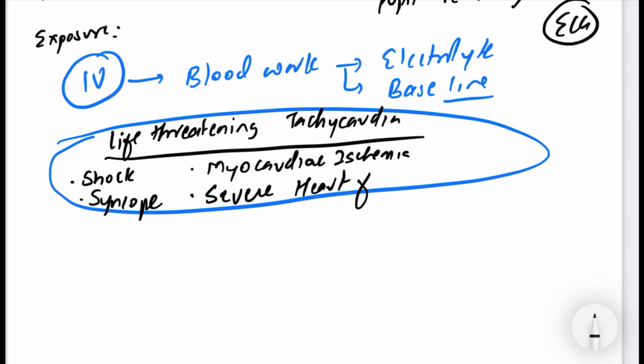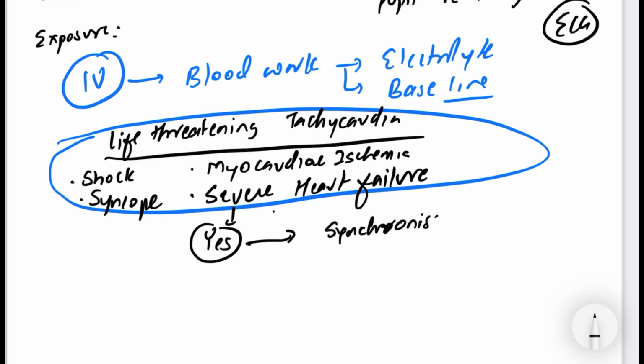Check whether there is a previous echocardiography report, or if there is raised JVP or displaced cardiac apex, suggestive of severe heart failure. If you think these four things are there, if the patient has these four things, then you have to give